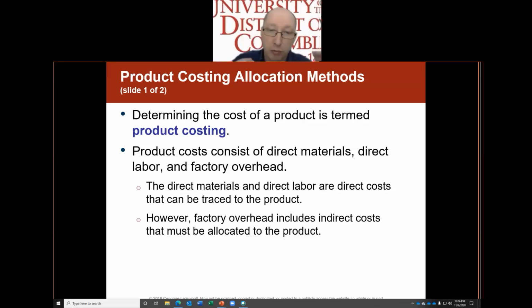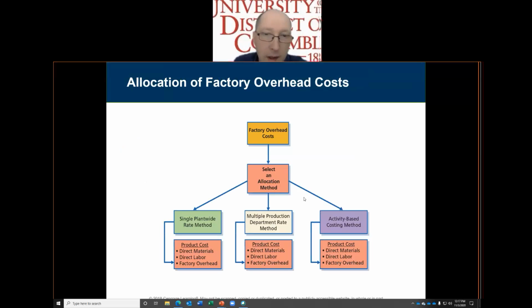That's how we figure out what the total cost of a product is. We can directly trace direct materials, direct labor, and factory overhead to a product. At least direct materials and direct labor, we know we can directly trace to a product. Factory overhead, kinda. It's more indirect. So therefore, we usually attribute a percentage of factory overhead to a product. Now, with factory overhead,